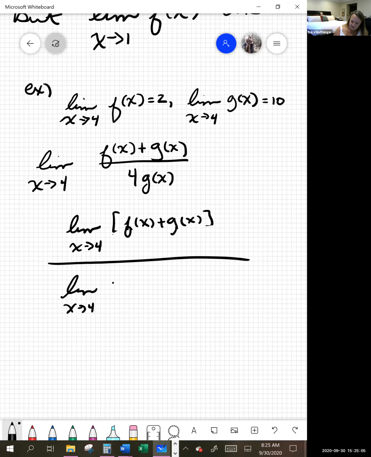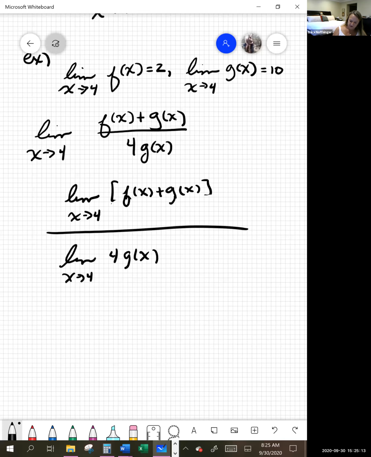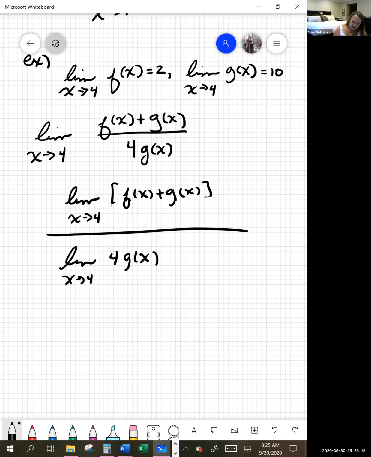Then we can use the other rule that says if you have a limit of a sum of functions, then we can look at the limit of each function. So this is the same thing as the limit as x approaches 4 of f of x plus the limit as x approaches 4 of g of x